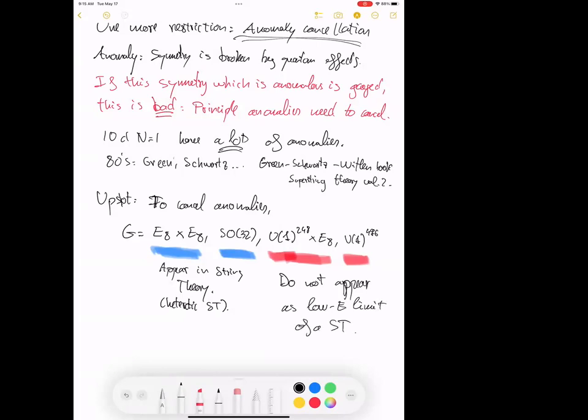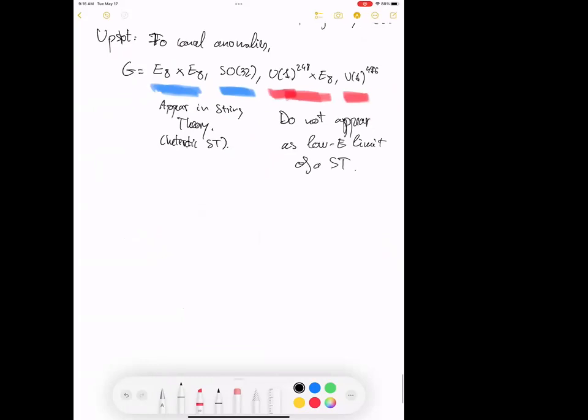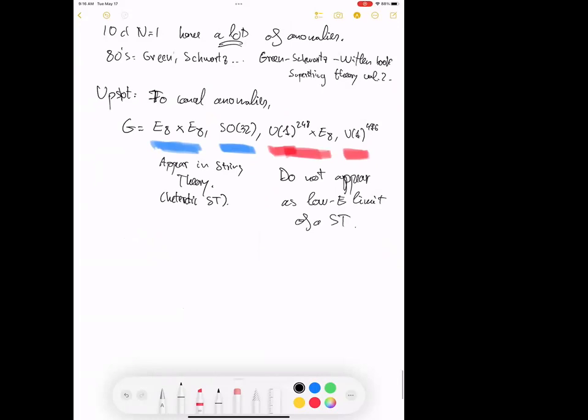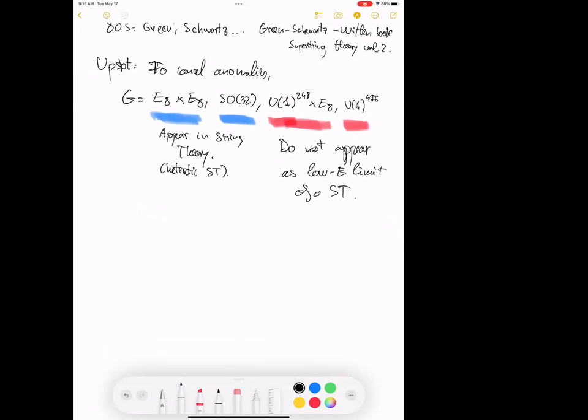Okay. Now, this leads to the natural question: are these two guys that you don't know how to get in string theory, are they really consistent? Maybe there's another way to get them in string theory. Maybe there's a different quantum theory of gravity other than string theory that realizes these guys, or maybe they're inconsistent. But this question was open. This was realized already in the 80s when anomalies were canceled. And this question was open for roughly 30 years, okay, until a paper